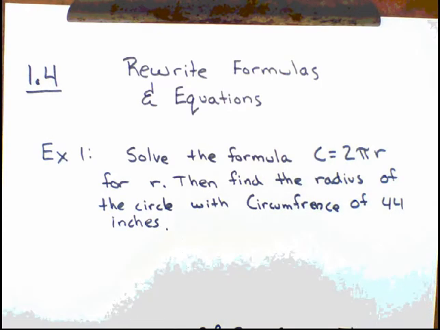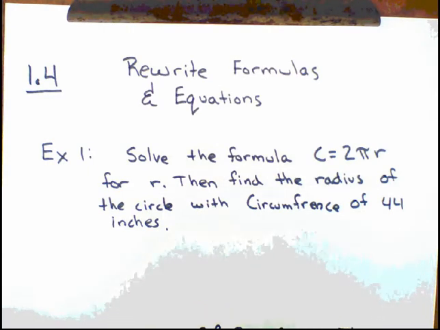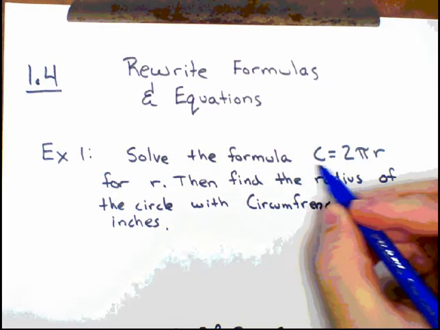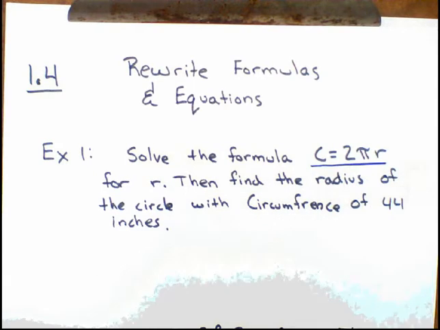All right, in this section we're going to learn about rewriting formulas and equations. So we'll be taking common formulas like area of triangles and circumference and all sorts of different things and rearranging them to solve for different variables. So the first example they give us says to solve the formula C equals 2 pi r for r,